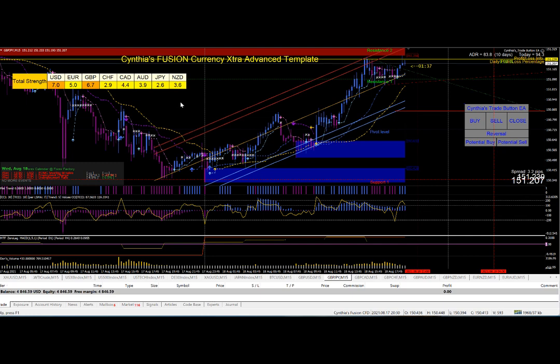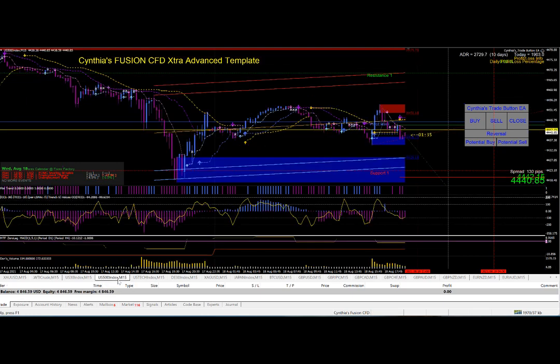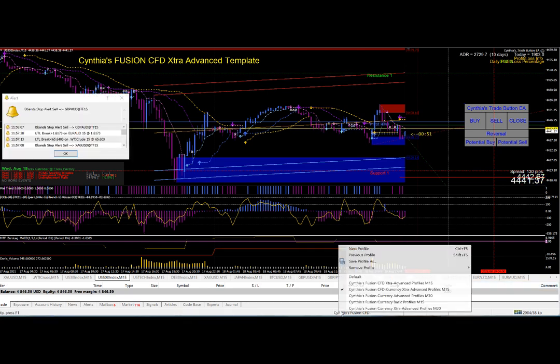So I have this set up in 15-minute charts. I really recommend that you trade the CFDs out of the 15-minute charts because you're going to get the best entries. But the currency pairs you can switch out for and substitute for your favorite currency pairs, plus you can change the time frame. You can change any of these time frames to whatever you like, and then you would just click here and click Save Profile As based on your own preferences. So that is the